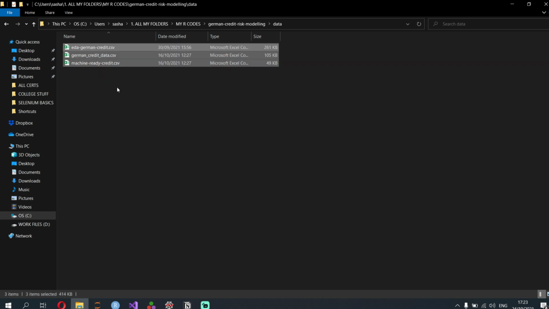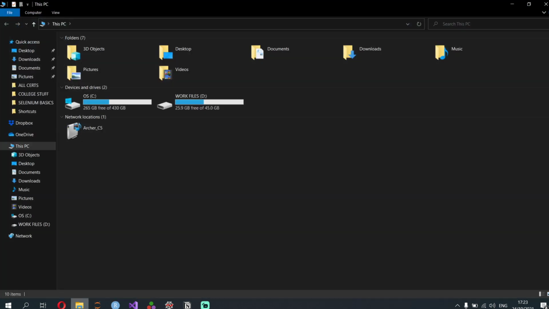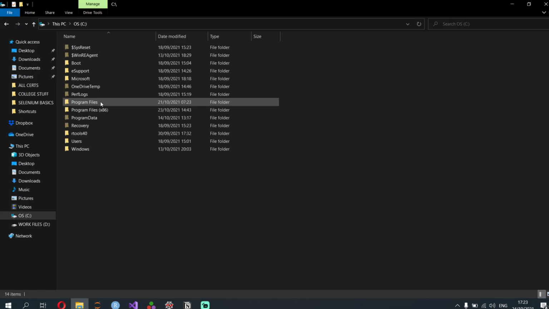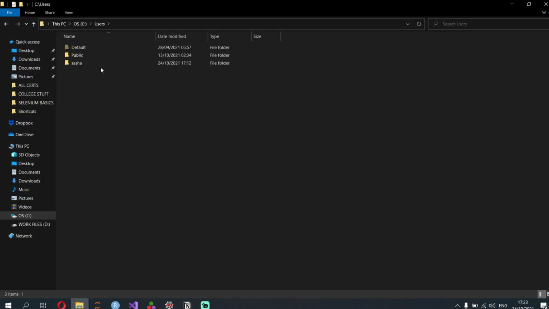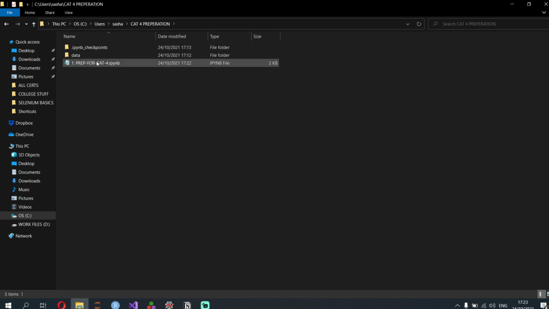I'm going to press Control A, Control C, and in case it's somewhere else, I need to open Windows, go to OS, go to Users, go to the name of the person, admin, Sasha, whatever, then go to cat for preparation, go to the data folder which we created, and paste it over there. So this is about fully setting up your environment and getting ready with your data.